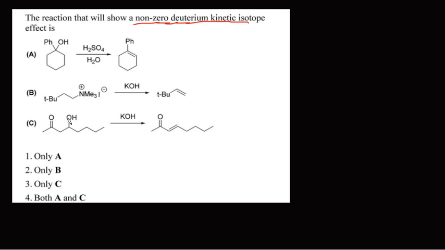Now, if you look at the third part, this is basically following the E1CB mechanism. I hope you know about the basics. This one is following the E1CB mechanism, where you are adding the base. The base will abstract a proton from here and lead to generation of a carbanion. In the E1CB mechanism, it was found that the rate determining step is actually the elimination of the leaving group.